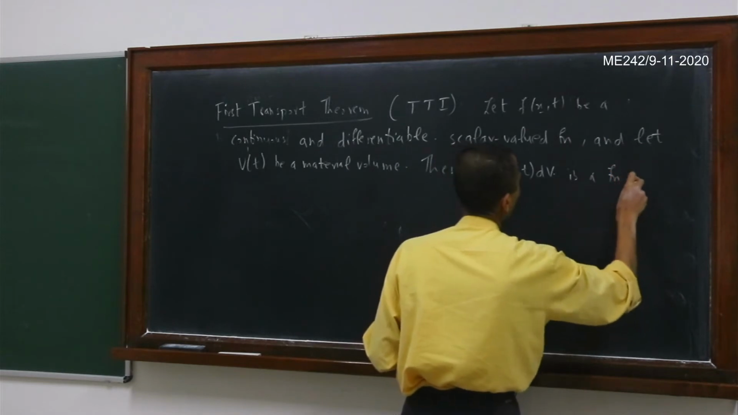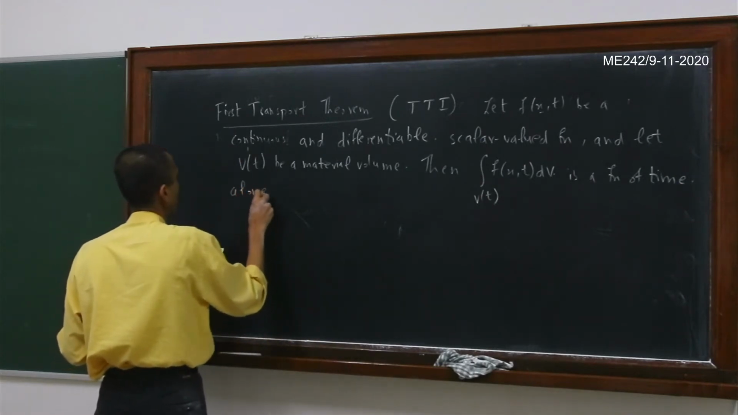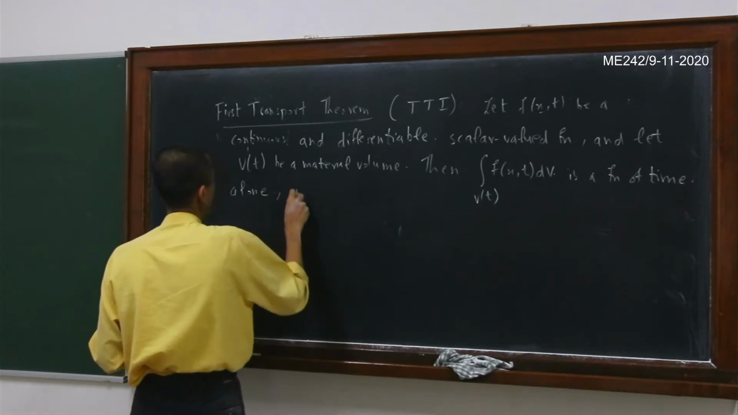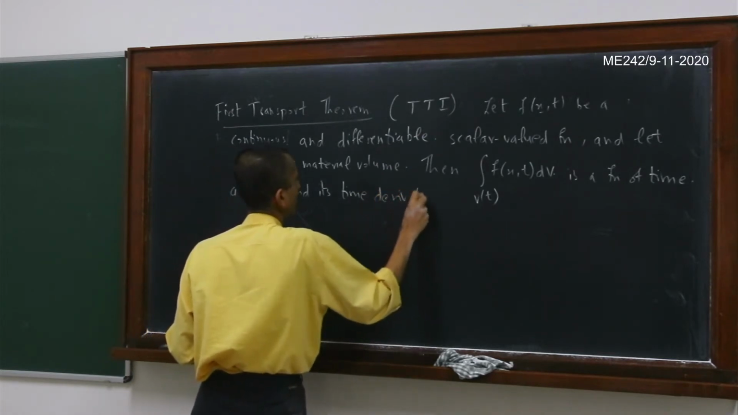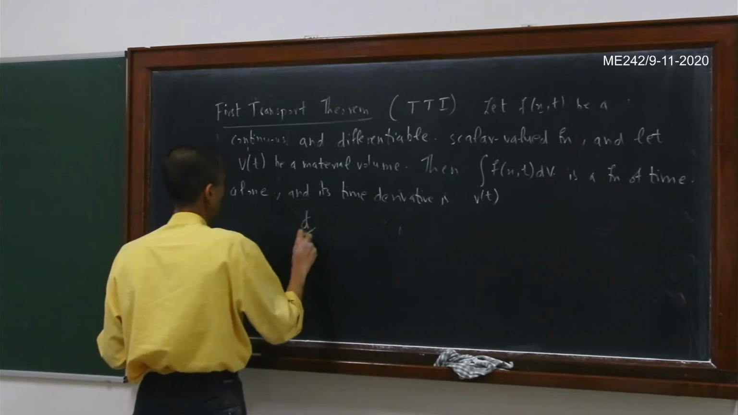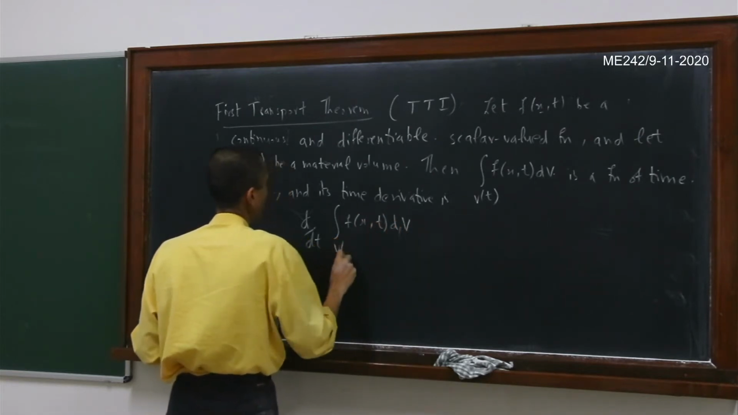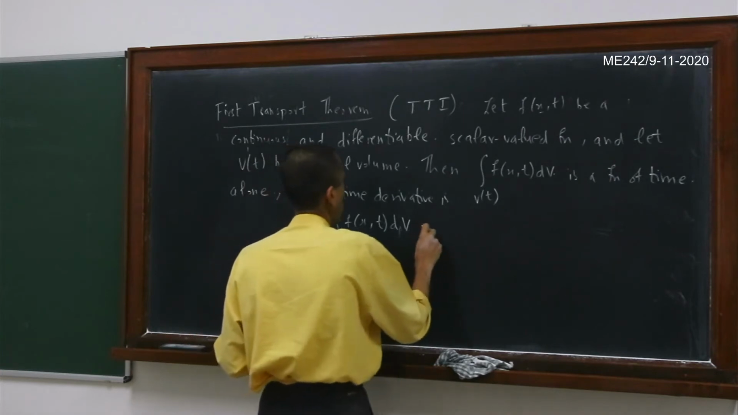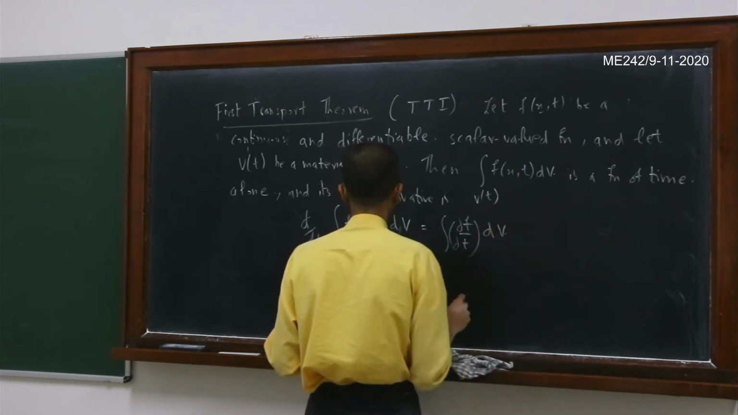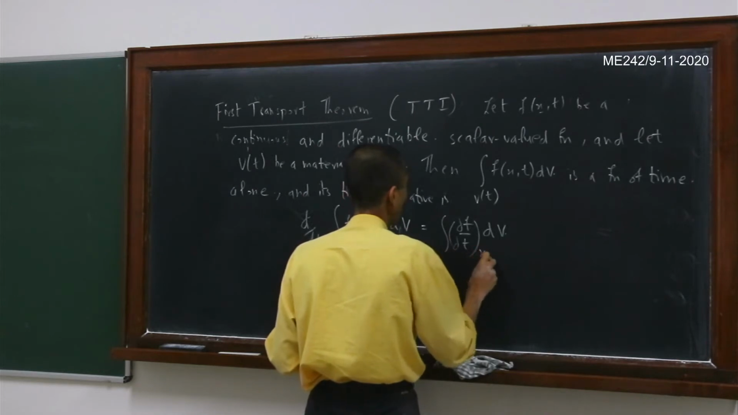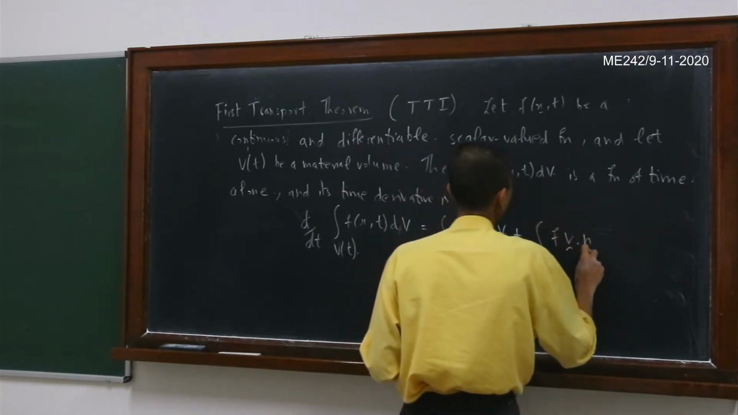Is a function of time alone, and its time derivative is d by dt of the integral of f of x comma t dV of t is equal to the integral of del f by del t dV, this is keeping x fixed, this is over V of t, plus the integral of f v dot n times dS